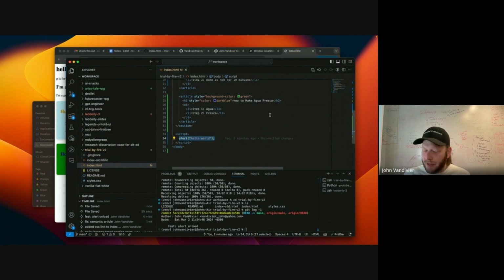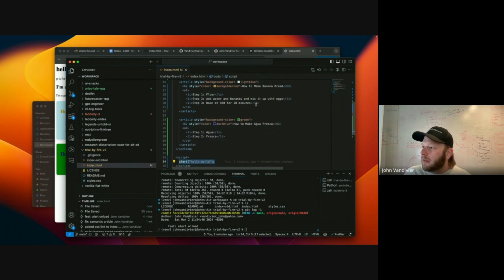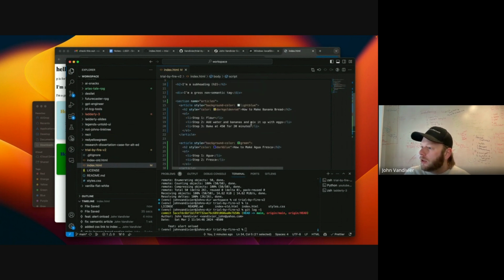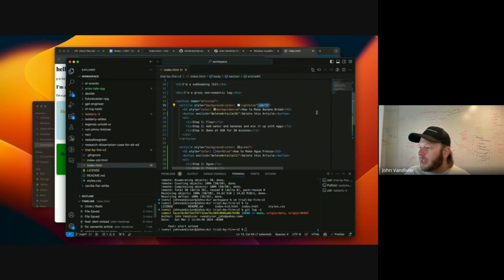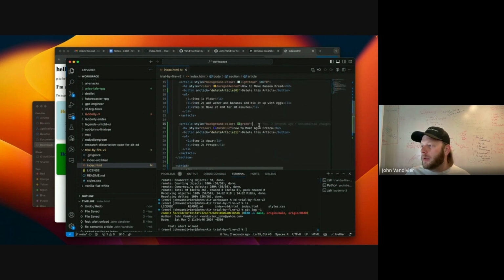I'll do this with early binding. So I will give these two hard-coded articles a delete me button, just like this. Delete this article. And I will give them an explicit ID. This is not really necessary because the order is going to be deterministic between these two.